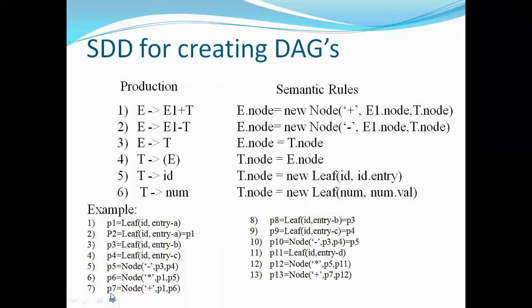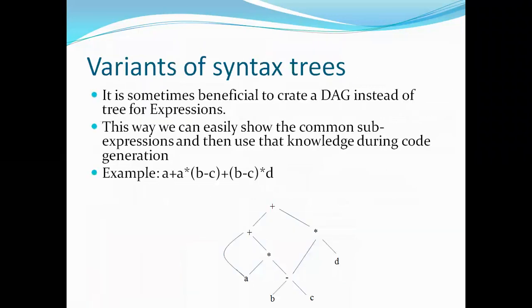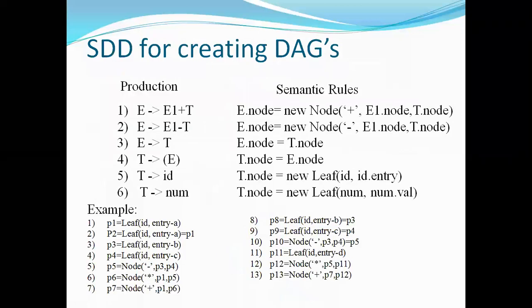And when I take the value of P7, my P7 consists of A plus what? P6, A into what? P5, B minus C. Is it clear now? That means the left hand side of the expression was completed. Now I need to concentrate on the right hand side part, because this plus is a root node. Plus is acting as a root node between two parts, the left hand side part and the right hand side part. Up to now I completed the sequence of operations for the left hand side, and now I'm writing for the right hand side.